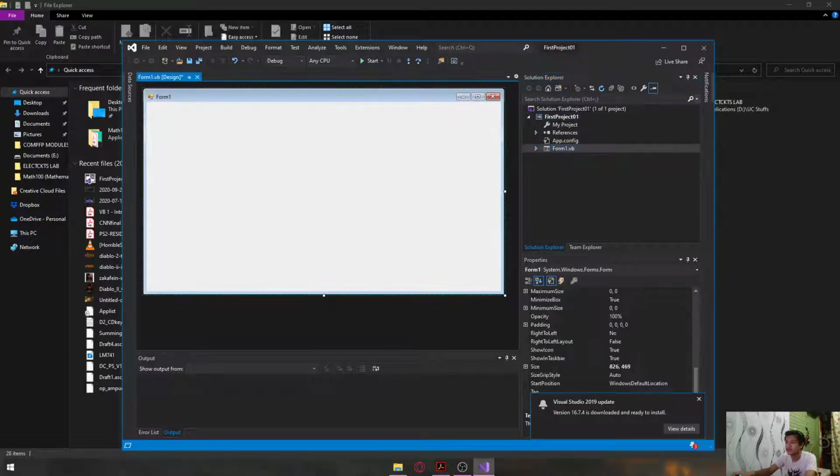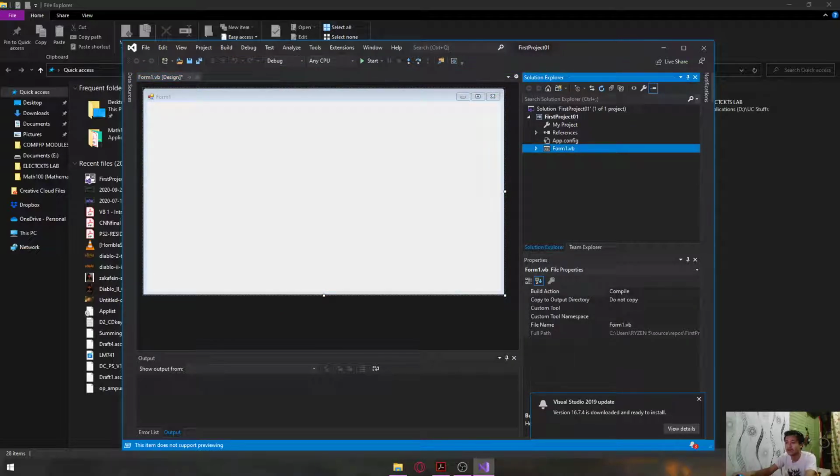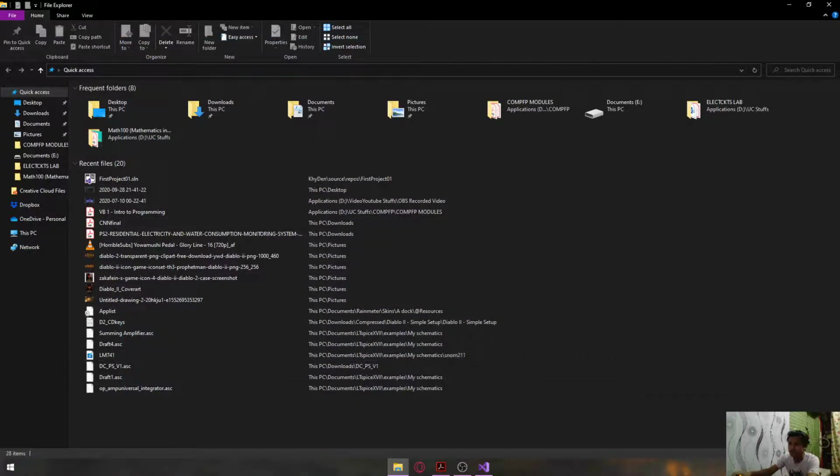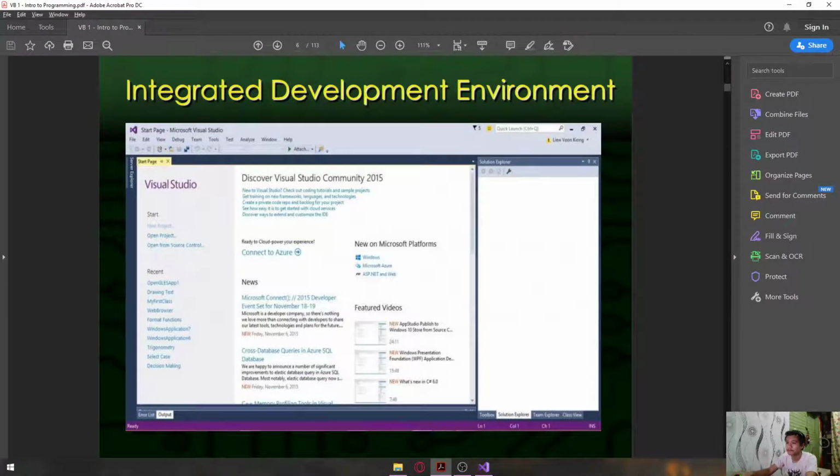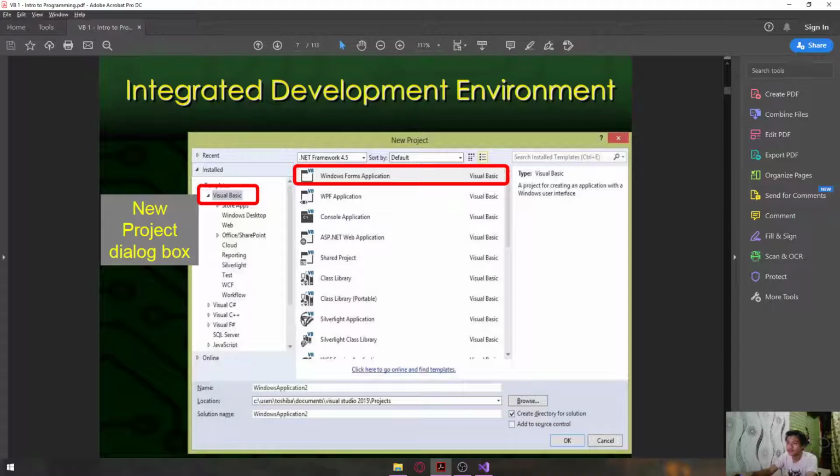Okay, if I double click this one, it will show this user interface, which is the Form1. As you can see right here, the title of this one is Form1.vb. Okay, so let's go back here. All right, so in creating a project, new project, and then it will lead you to this one